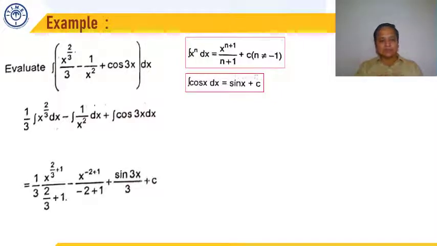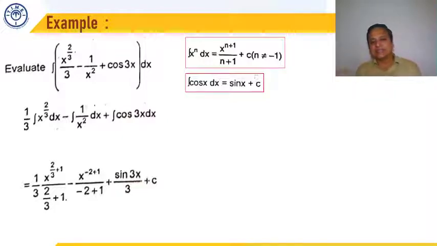Now we can say, first integral x to the power 2 by 3, we add x to the power 2 by 3 plus 1 in the power and divide by 2 by 3 plus 1. That is, we are using the first formula, x to the power n plus 1 upon n plus 1. 1 by 3 is outside. Minus 1 upon x square: x square is taken in the numerator, becomes x to the power minus 2, and then we apply the result. It becomes x to the power minus 2 plus 1 upon minus 2 plus 1, plus integration of cos x